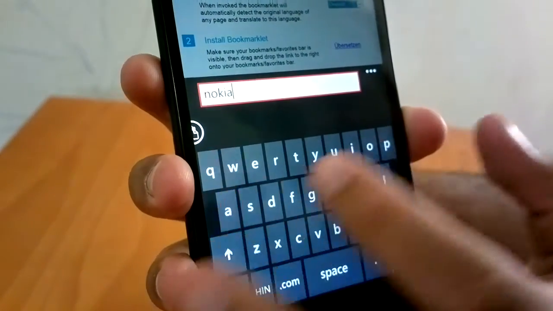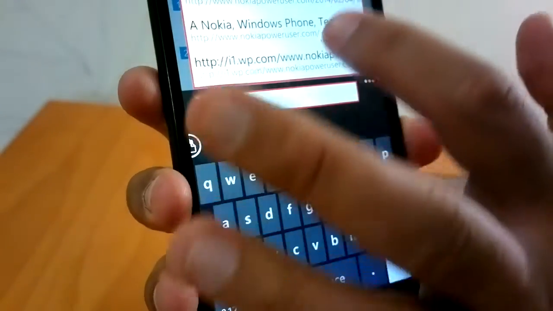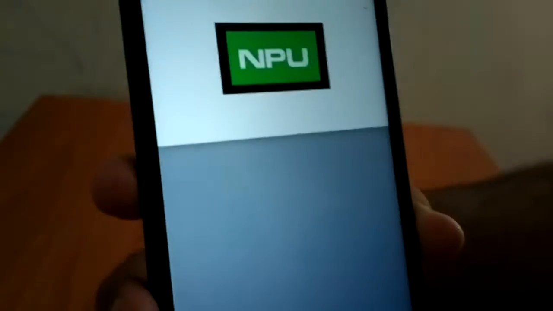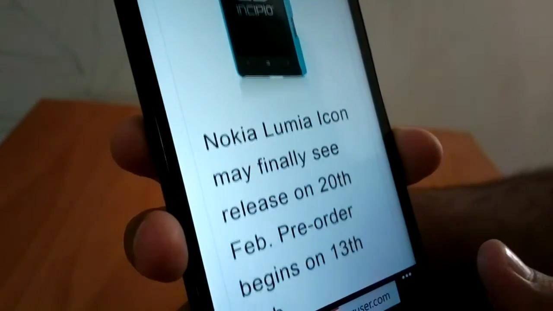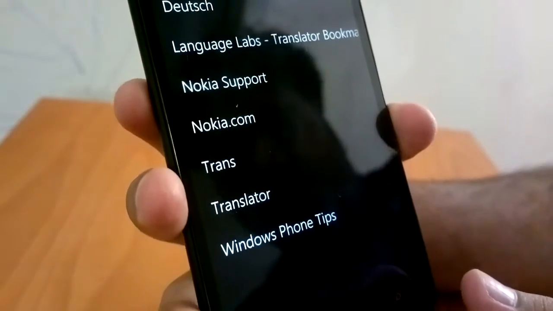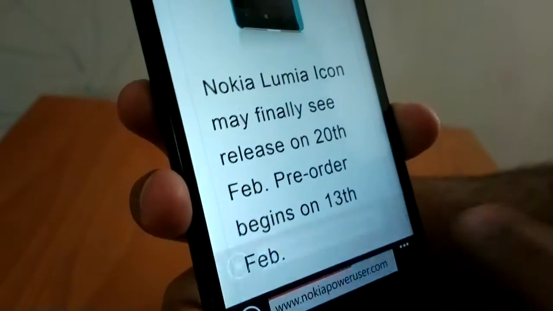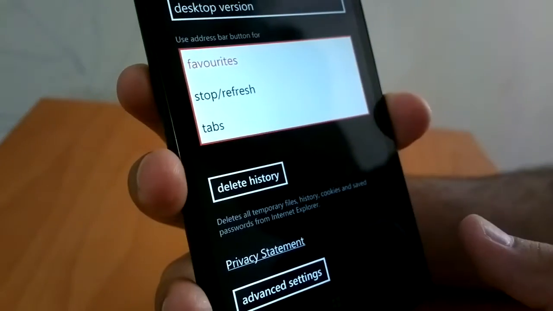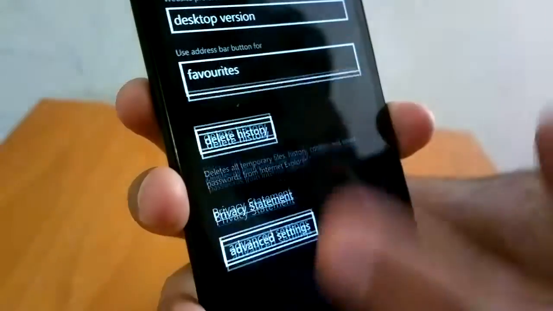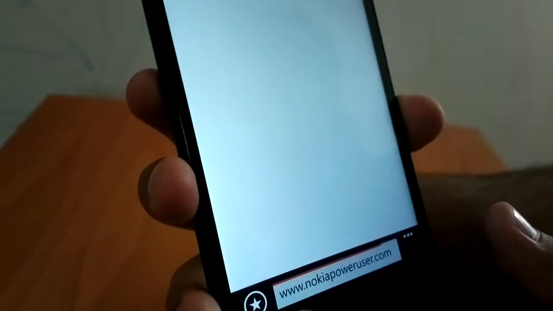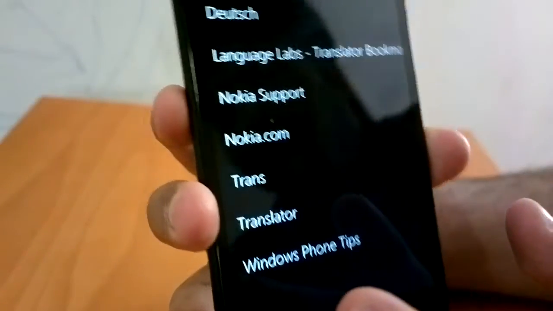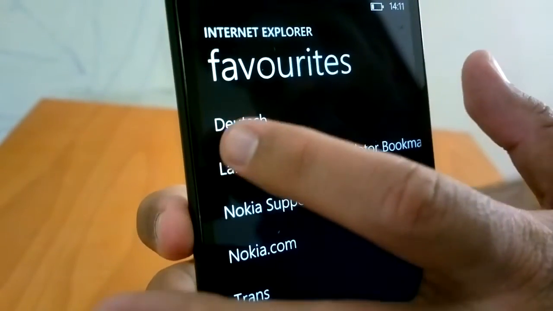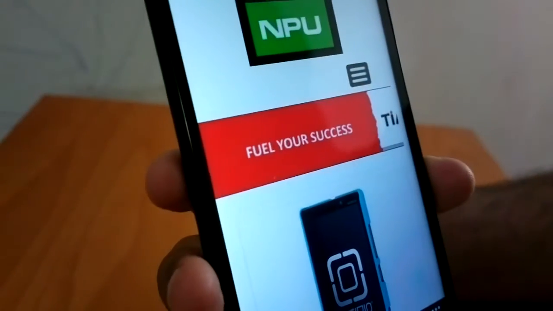Okay, now let us say you want to translate any web page like nokiapoweruser.com to Deutsch. So that's why we have asked you to keep this address bar for favorites. The benefit here is, when you want to translate Nokia Power User to Deutsch, you just go here and press this.